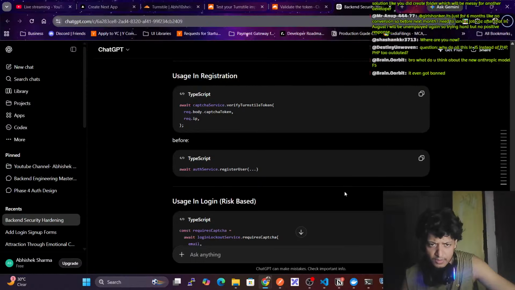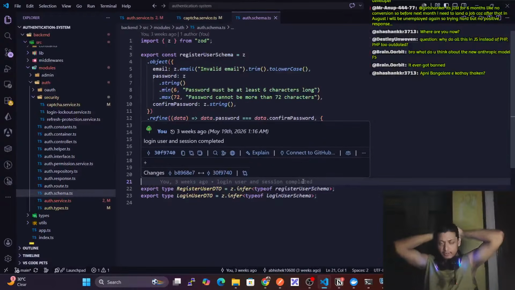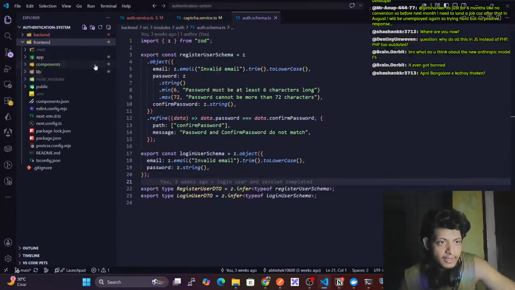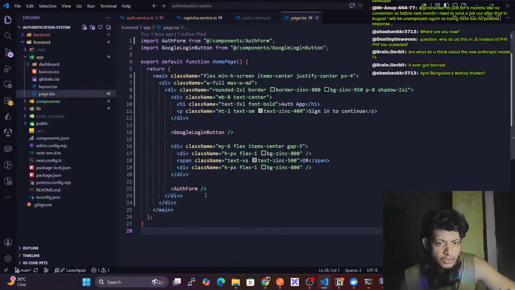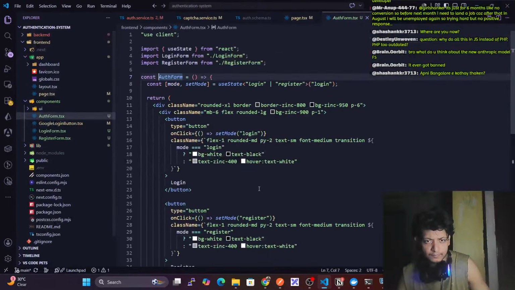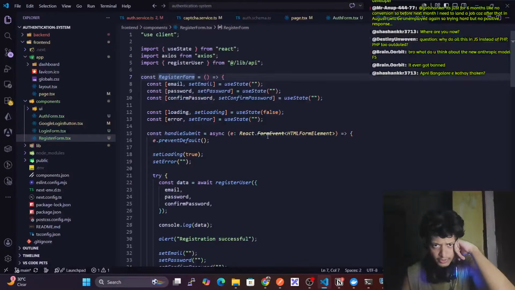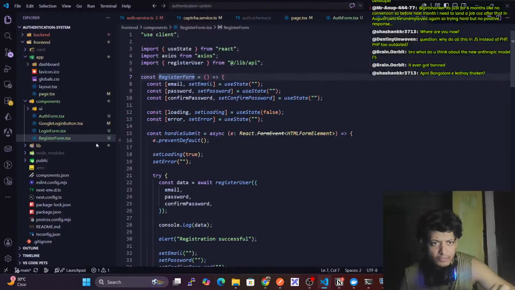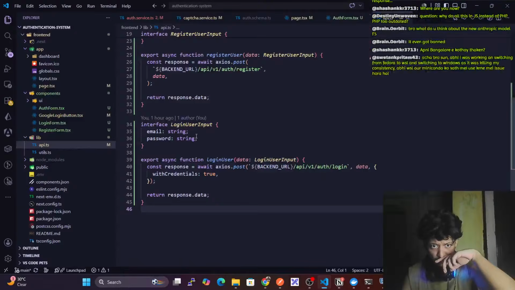Register user. This we are getting from request.body. Oh, got it. So basically, in my front end app page, here we have auth form, and for example the register form, right? Before we do all of this, where is that API call? Lib API. Here in data we need to pass